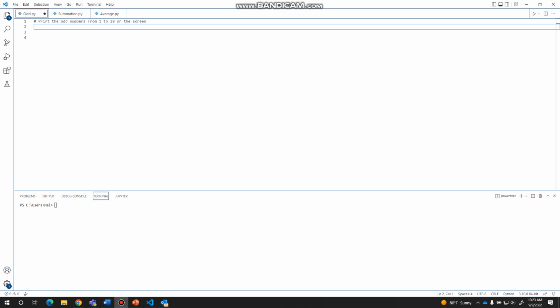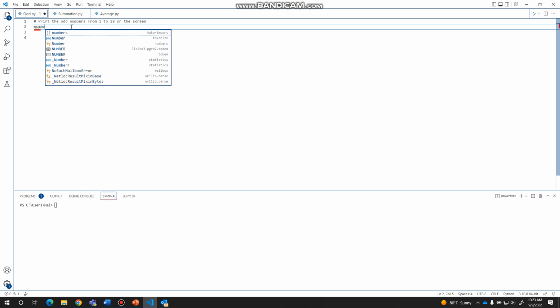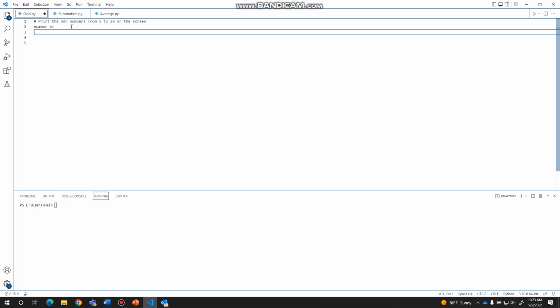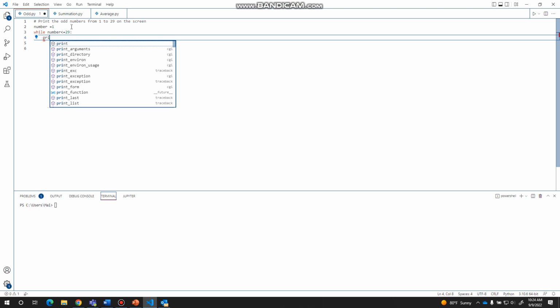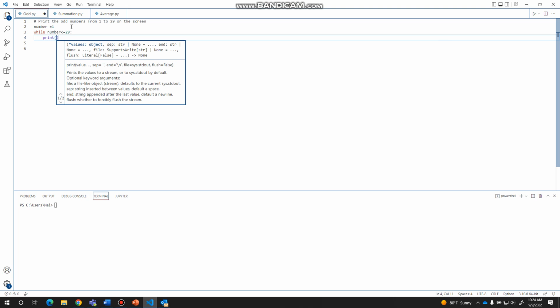For the while loop to stop or to operate, we need a condition, and in this case our condition is based on a number. So let's create the number variable here, number, and we'll start it with 1. Then our while loop will have the condition on number where number must be less than or equal 29 for the loop to keep going, and inside the loop we're printing in this format the number,